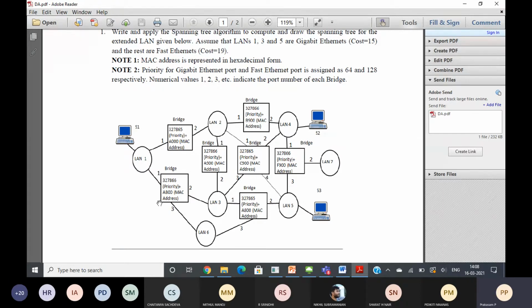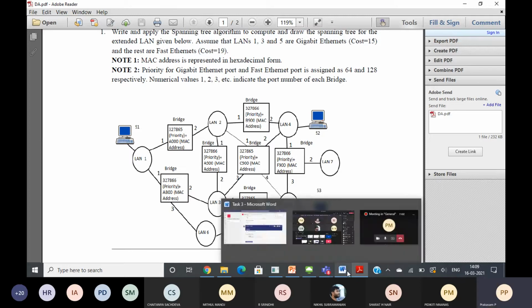For example, in this problem, 32769 is the lowest priority, so either this bridge or this bridge is the root bridge. Similarly, we give the priority only for the root bridge. The remaining priorities are common. So for example.